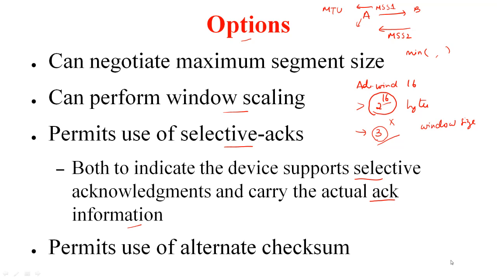Similarly, the checksum that is employed as part of TCP is not a very sophisticated algorithm. It is a function of the 16-bit ones complement algorithm that I mentioned earlier. But if you want to use a more powerful checksum, options fields let you do so. There are more options than this, but I think you get the idea as to how options fields are used.